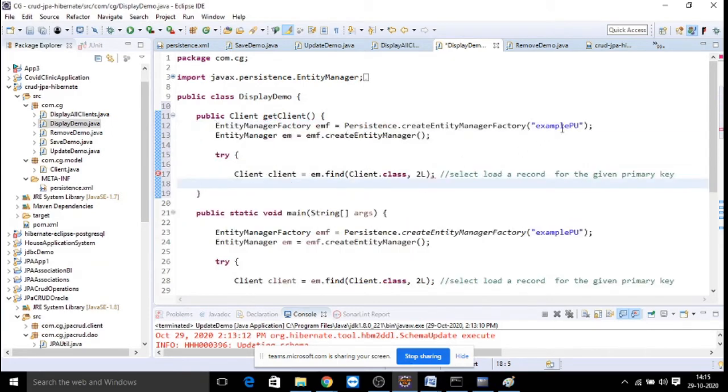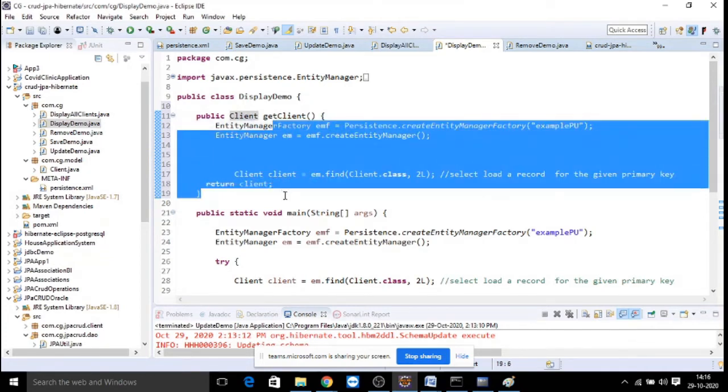I am loading, then creating the entity manager, and getting my client object. Finally, I have to return the client. This is my logic.